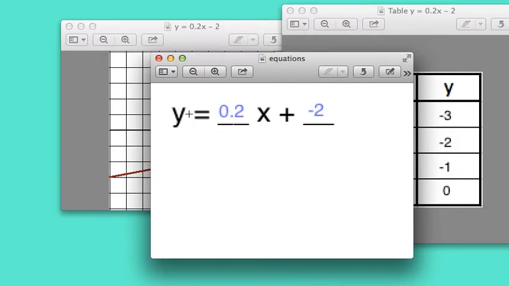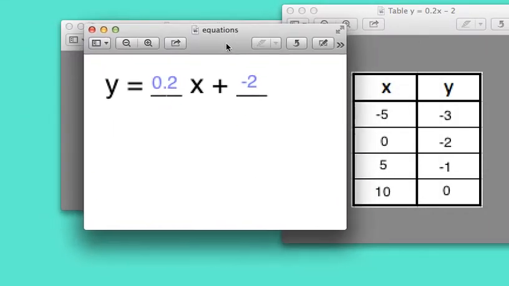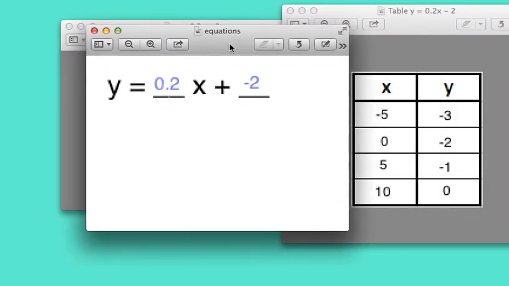Now you see here this equation, y equals 0.2x plus -2. It may not be obvious why this is the same as this line and the same as this table of values, but you've probably seen us getting to that over the course of the past few classes. Right? Like you see, the reason why this is the same as this is